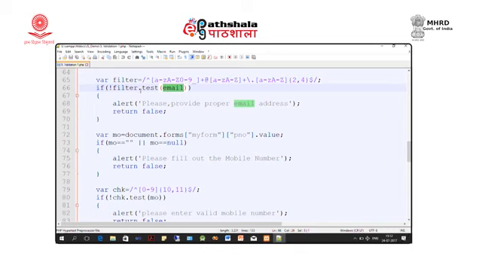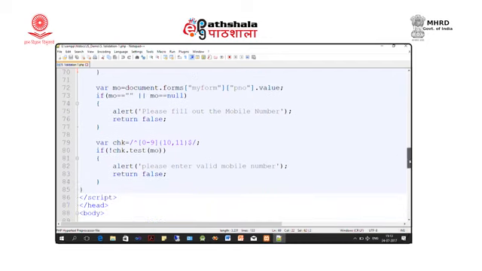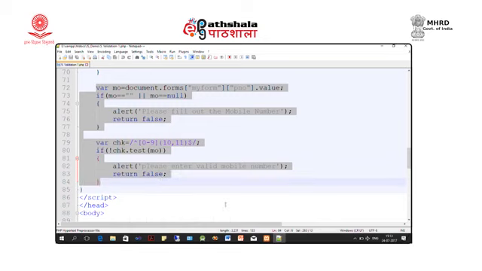If it does, we do nothing, otherwise we say please provide proper email address. Similarly, we perform validations for mobile number.